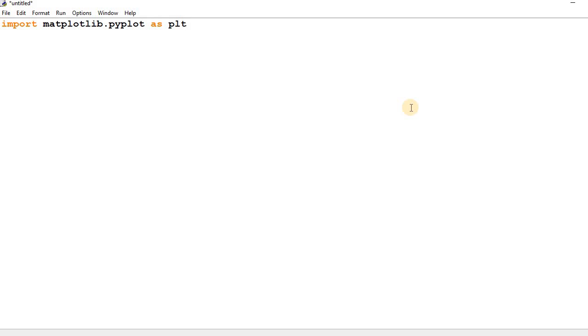A pie plot needs only one data set. I want to compare subjects in a test. Suppose you have 5 subjects and you want to create a pie plot on the basis of the marks scored in different subjects. So the example is to create a pie plot of the marks obtained in different subjects. First you have to store in a list what the subjects are.